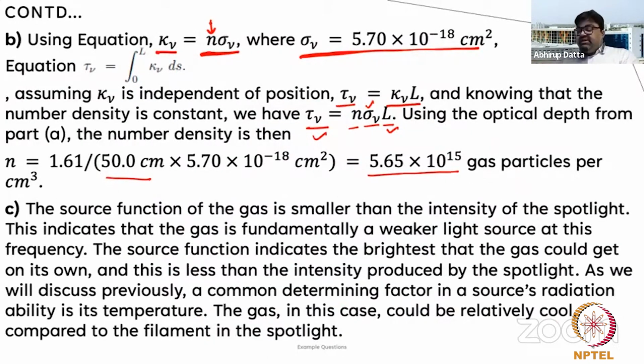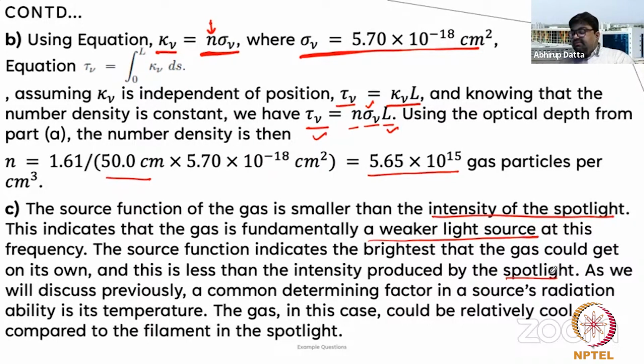The source function of the gas is smaller than the intensity of the spotlight. This indicates that the gas is fundamentally a weaker light source at this frequency. The source function indicates the brightest the gas could get on its own, and this is less than the intensity